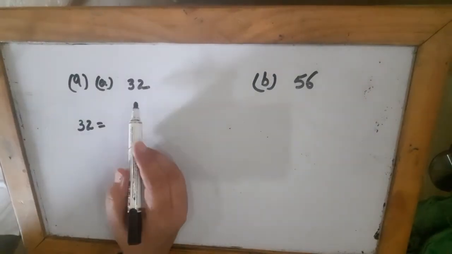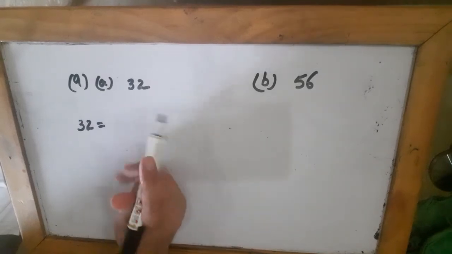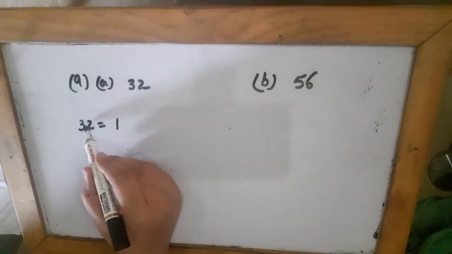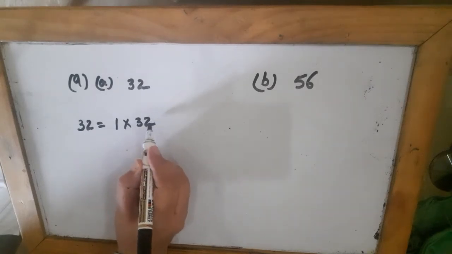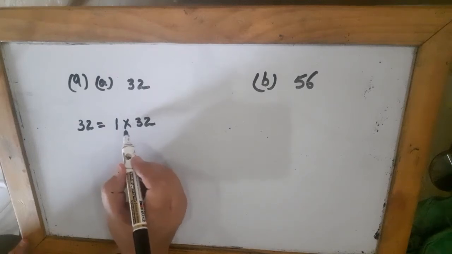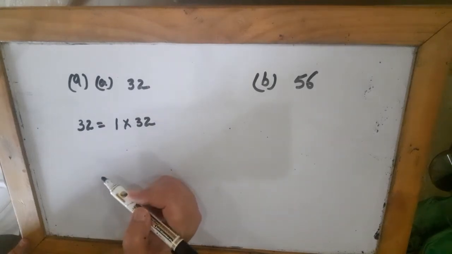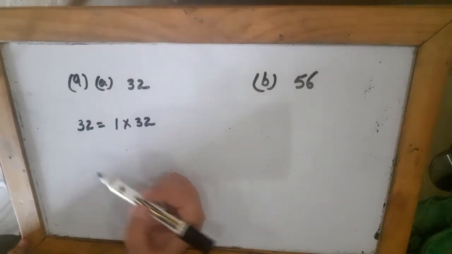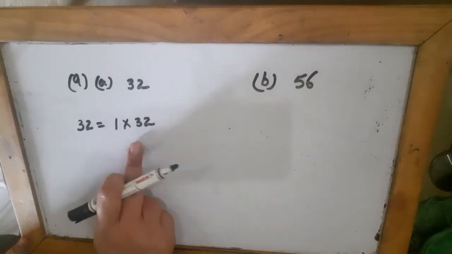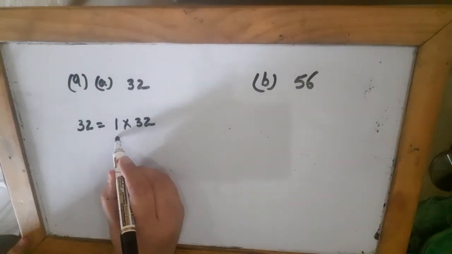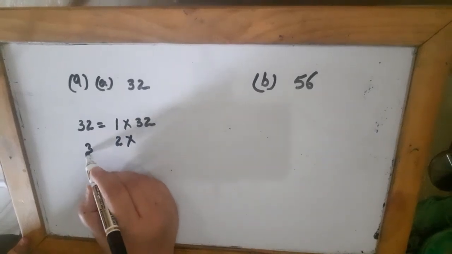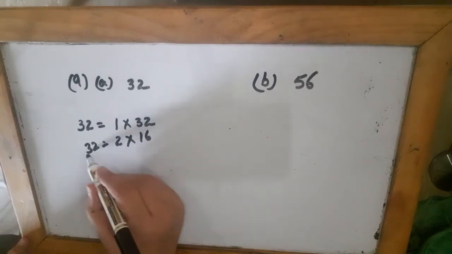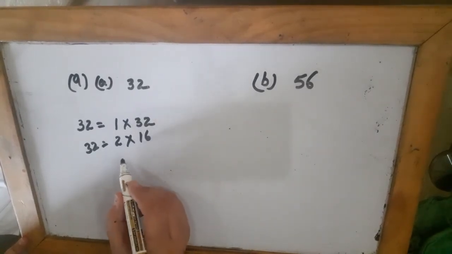So when I have to find all the factors, I can start with 1. I told you in the beginning that 1 and the number itself are always factors of the number. If I multiply 1 with 32, I get 32. So 1 and 32 both are factors of 32. Then after 1, I will see on the table of 2, if I multiply 2 with any number, do I get 32? Yes, 2 16s are 32. So 2 also is a factor of 32 and 16 also is a factor of 32.